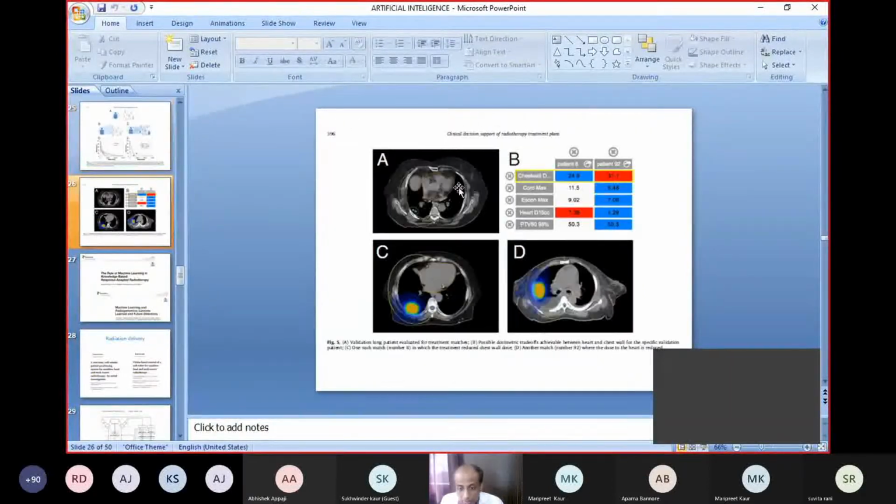So this is just an outline I can show you. This is a lung tumor, a very small tumor of millimeter size, which we are treating. Two plans are generated. In this plan, we have asked the computer to give very little dose to the chest wall, and it can give a higher dose to the heart. So that is patient 92. You see the chest wall is getting a lower dose and the heart is getting a higher dose. But in the other one, we have asked the computer to spare the heart to a great extent and to give a higher dose to the chest wall.